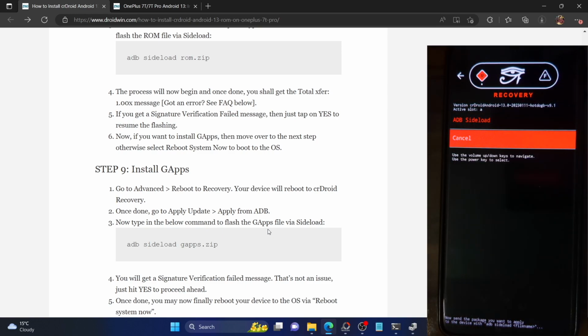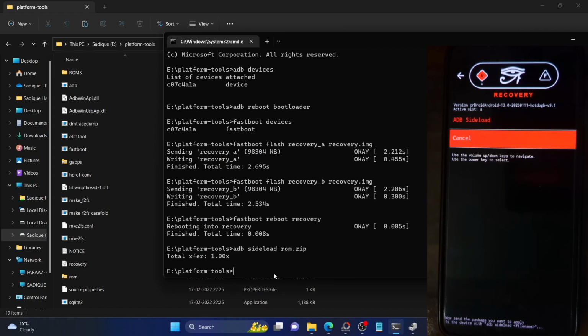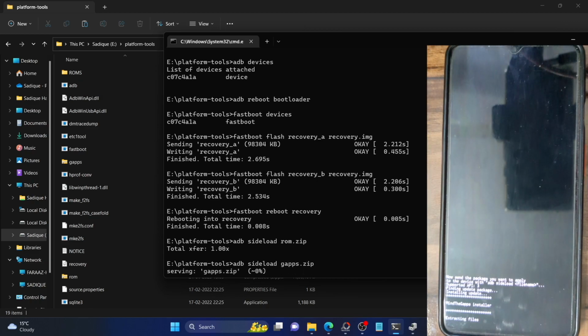Now your device is in the ADB sideload mode. So bring up the command prompt window inside the platform tools folder directory, as you could see, and make sure the GApps package is present in the platform tools folder itself, and it has been renamed to GApps. If that's well and good, then just type in ADB sideload followed by the name of the file, which is gapps.zip, and hit enter. It will now begin the process of sideloading the GApps file, and this time around you